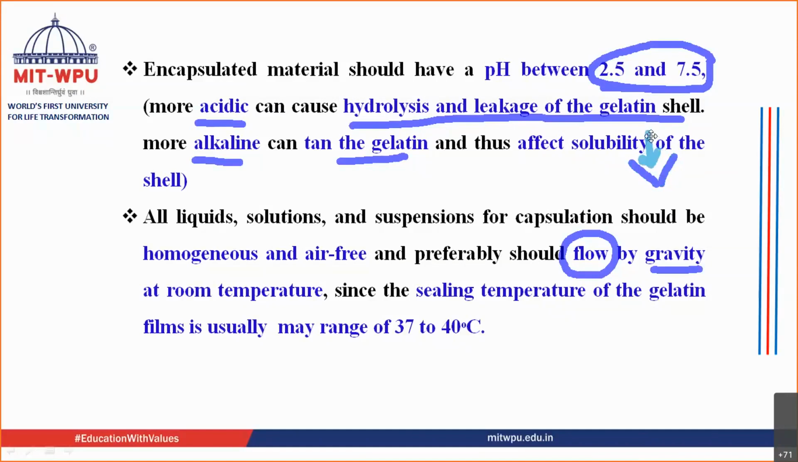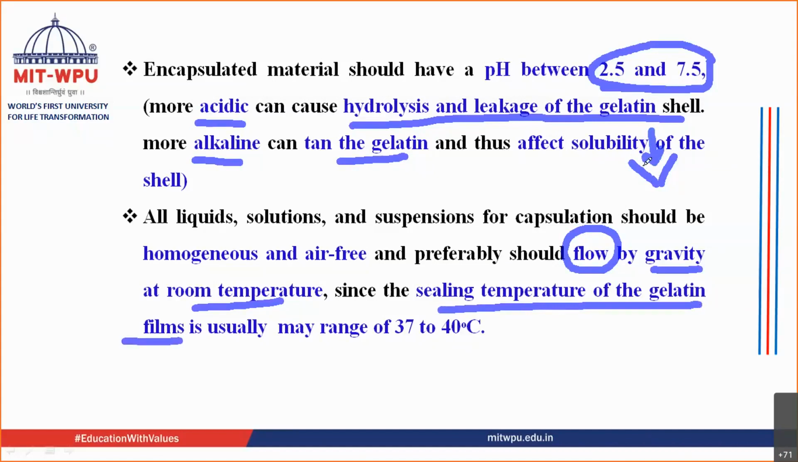So this material that is coming inside should be what? It should be flowable by gravity at room temperature. Why? There are many materials which can flow at increased temperature. But you cannot increase the temperature. They should be flowable only at room temperature, because of the sealing temperature of gelatin films. What happens is further,